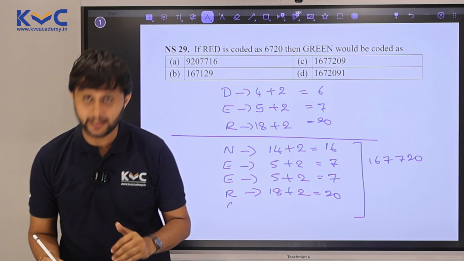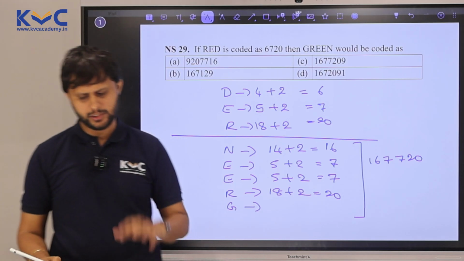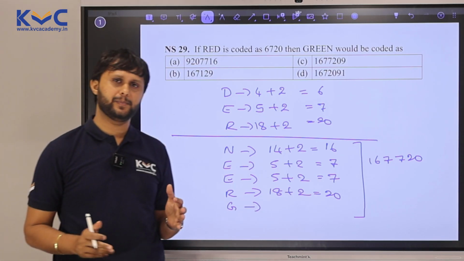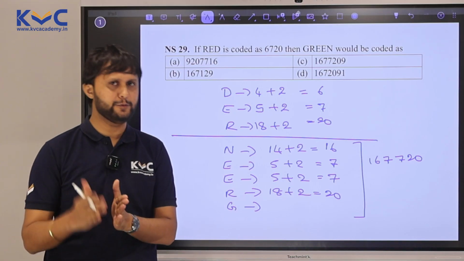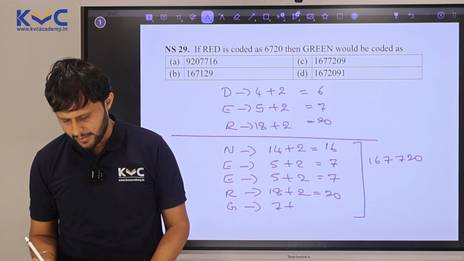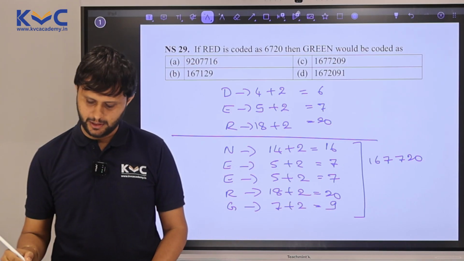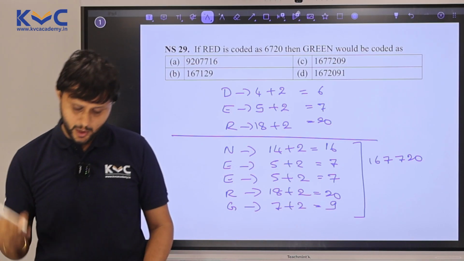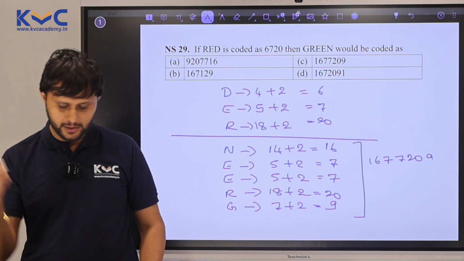Sorry, I was seeing the wrong letter. It was G. Okay, so G's normal number is how much? A, B, C, D, E, F, G. G is 7. So 7 plus 2, 7 plus 2 equal to 9. Okay. So the last number should be 9, which is there in option C,